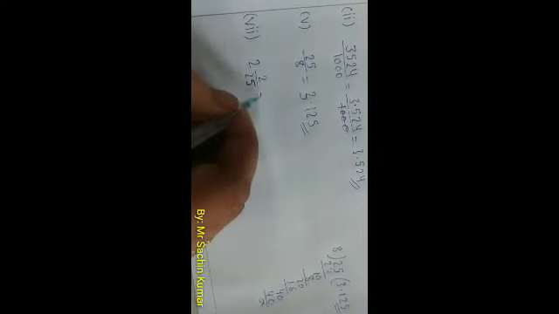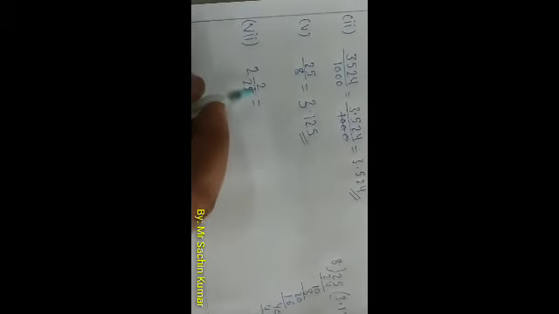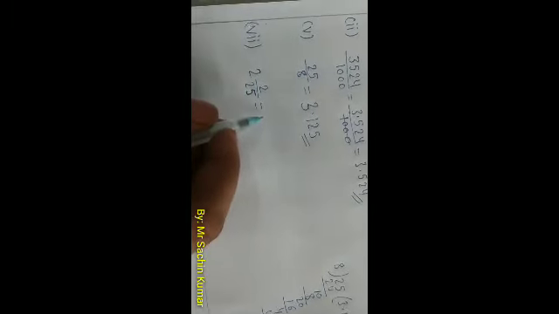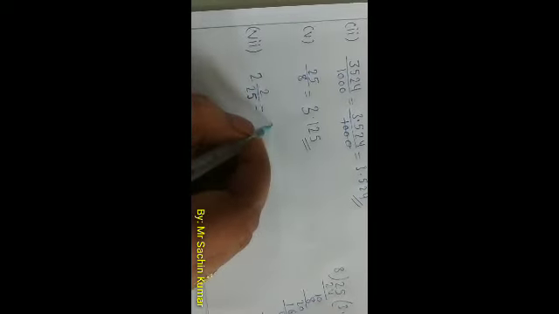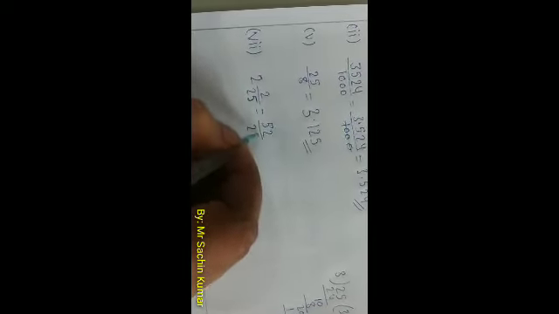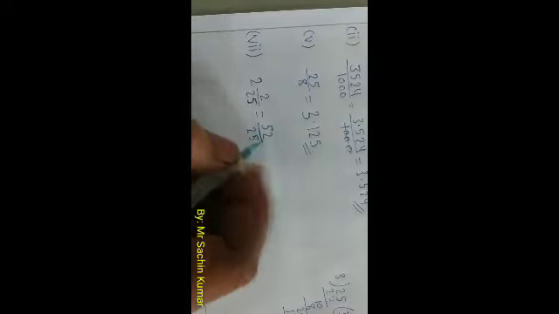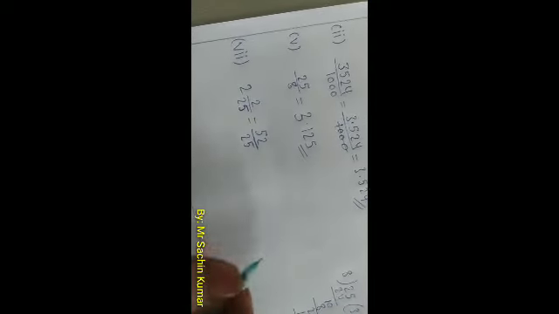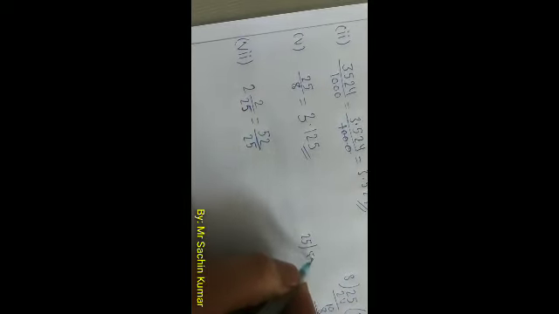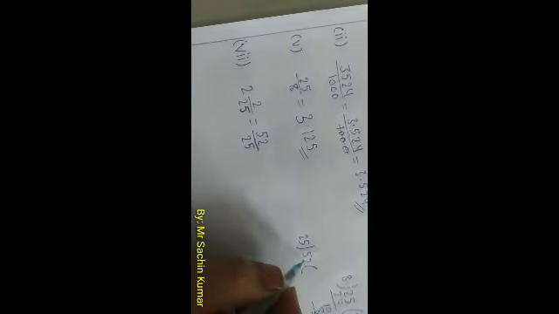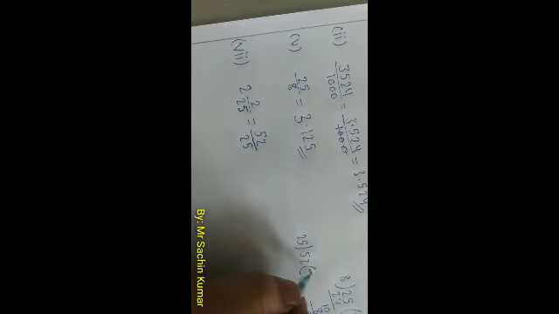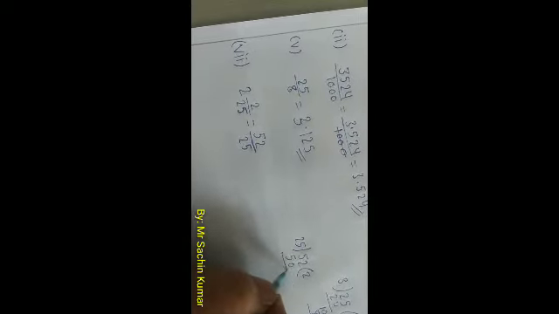Now first of all, this question is in the mixed fraction. First of all, we have to convert it into a simple fraction. 25 twos are 50. 50 plus 2, 52. Okay, I hope all of you know very well how to convert it into the simplest form. Again we divide 52 by 25. 25 twos are 50. Remainder is 2.